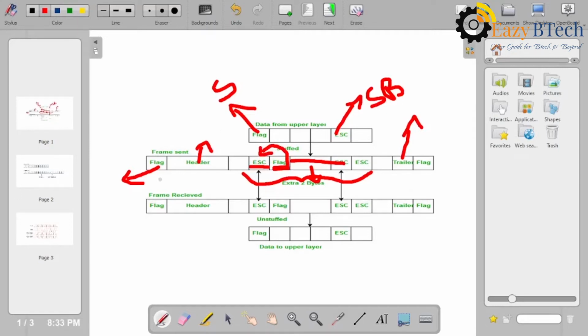See, this is the starting of the frame, so there is no need to insert an escape. After the header, again I'm giving a flag, which contains 8 bits. So before every 8 bits we are using an escape character.